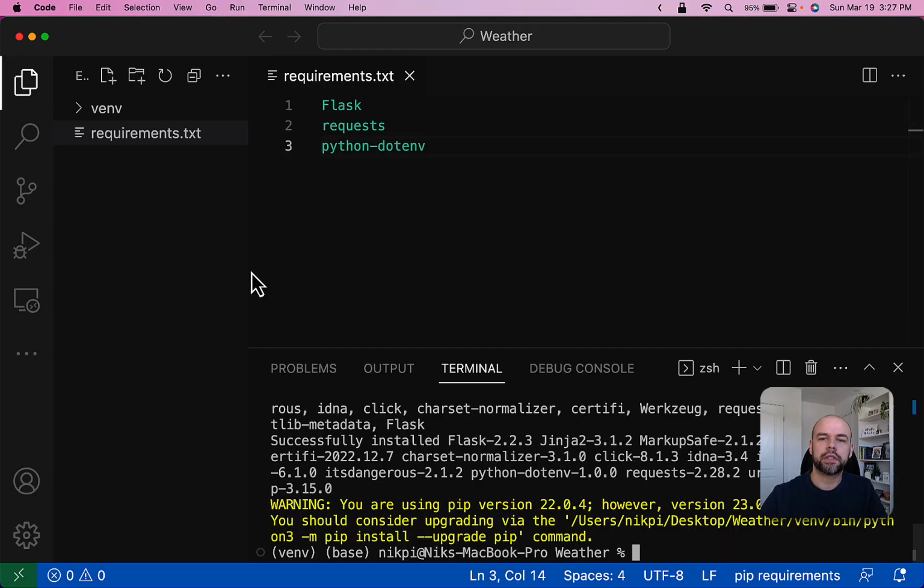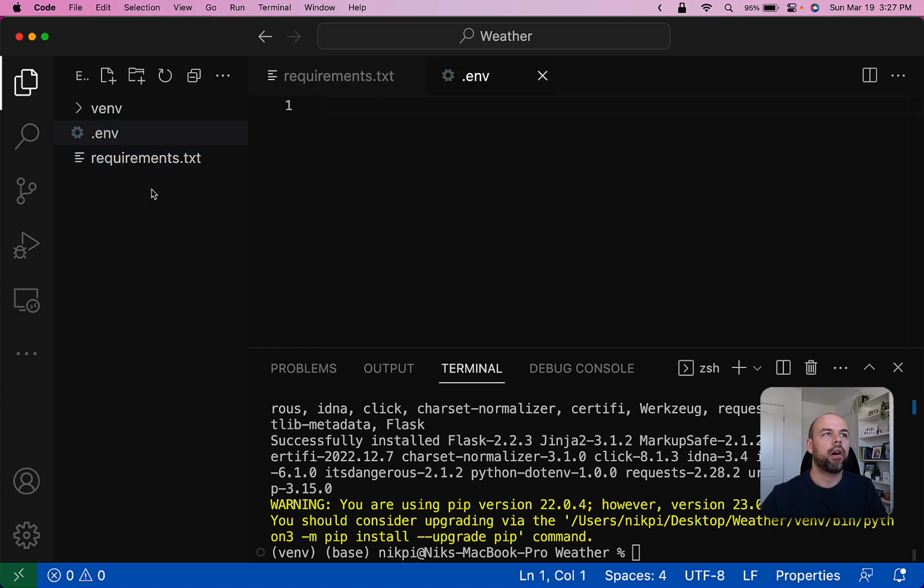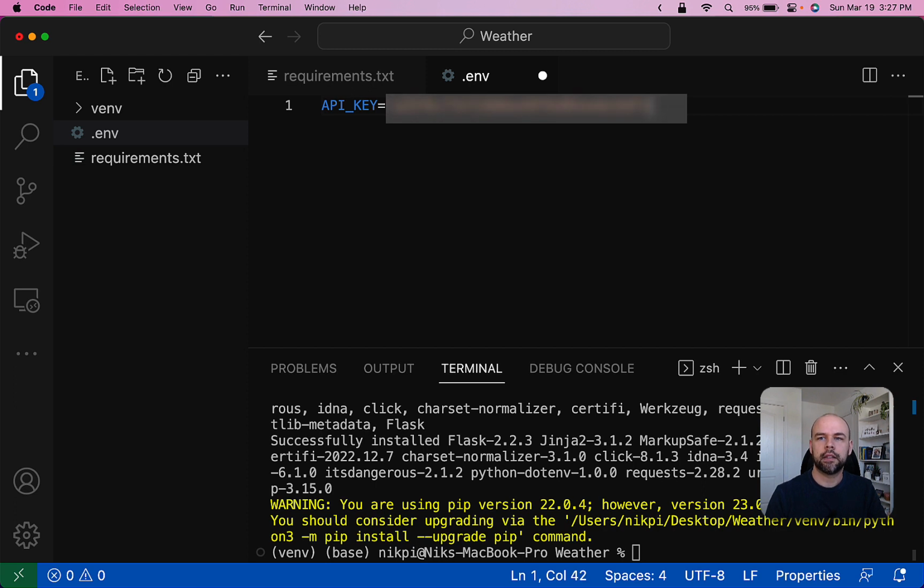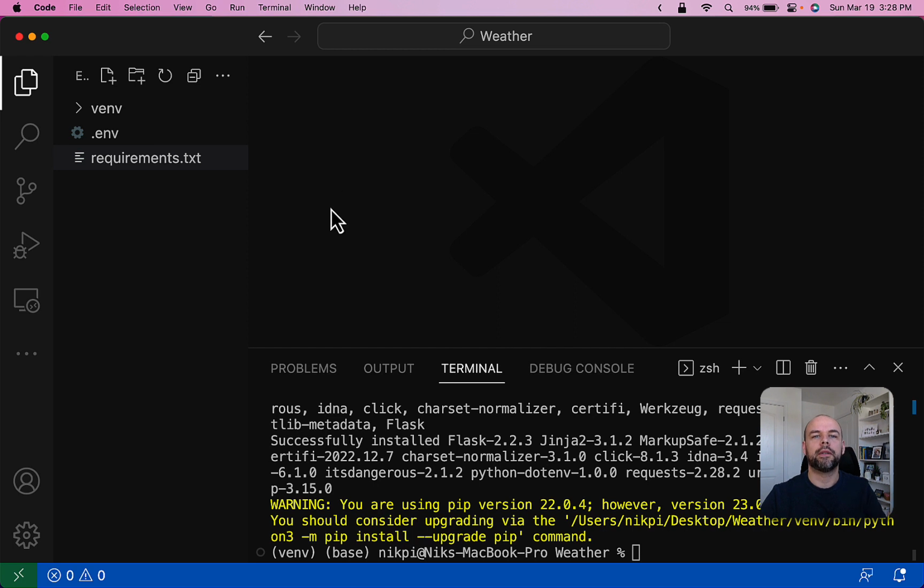Back in Visual Studio Code, we're going to create a .env file. All we're going to do with this file is create a single environment variable. We'll call this API key, and we'll paste in our API key. From now on, we can reference this API key, and we can upload this to GitHub and add this file to gitignore so that we don't accidentally share our API key with the rest of the world. Now that we have these two requirements, let's switch back over to OpenWeatherMap